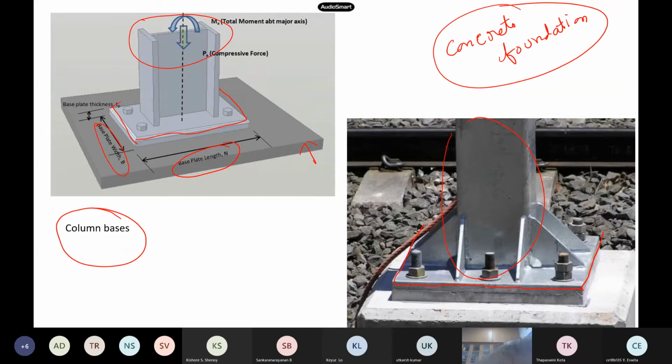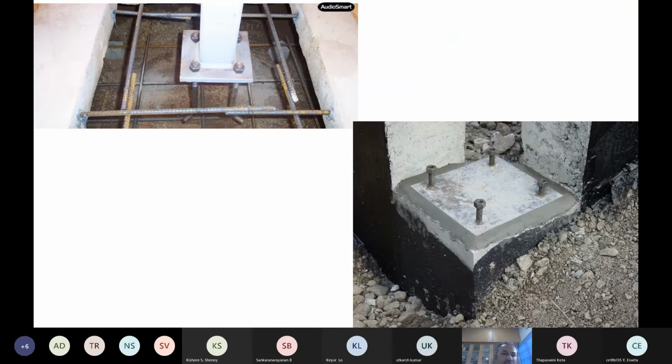The load is coming from the column to the base plate, and the base plate will provide a bearing plate only. We have done in plate girder beams, whenever there is a concentrated load or near the supports, we used to put a bearing kind of plate. This is also something like a bearing, a base plate we say, and it will be connected by nuts to the concrete which is down. So this we have to design. This is what we call the column base. You can see this is a typical one: the column base, the base plate.